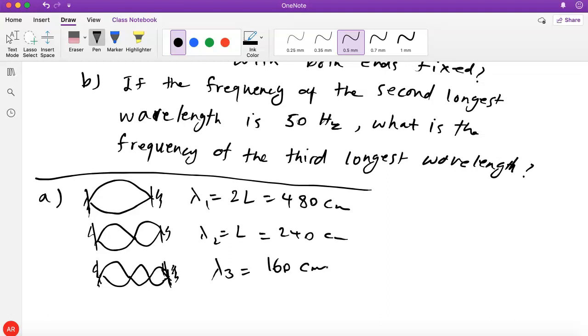And then part B is saying if the frequency of the second wavelength, so this guy, has f2 equal to 50 hertz, what is the frequency of the third longest wavelength? So this guy, what is f3? Right? Okay, so how should we proceed? Well, we know that the speed is the same. It's the same string. So it has the same tension, same linear mass density. It must have the same speed. So we just need to figure out